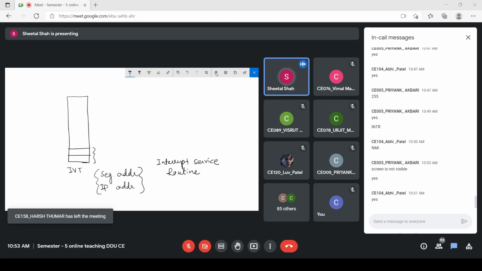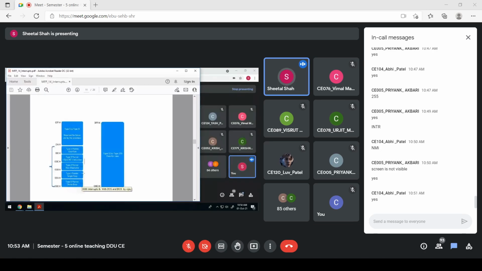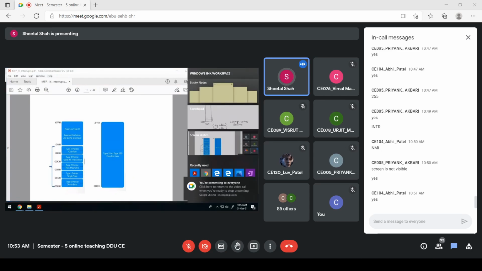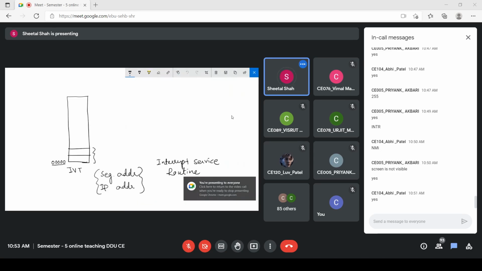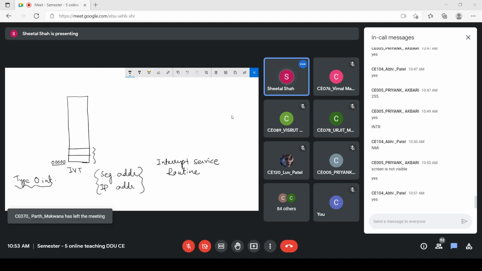This is known as an interrupt vector table, and by default the address of this interrupt vector table would start with 0000. Are you getting this? It is fixed that the interrupt vector table would always start with all zeros. Followed? So here what happens is, say the first type 0 interrupt has the interrupt service routine for this type 0 interrupt.